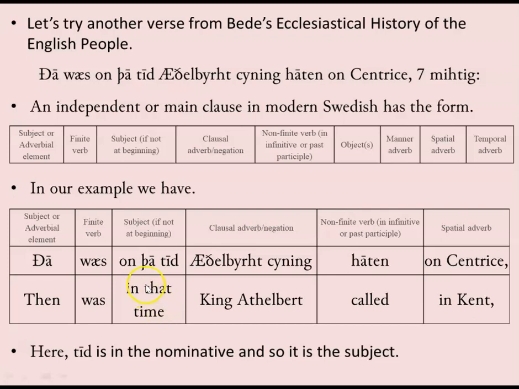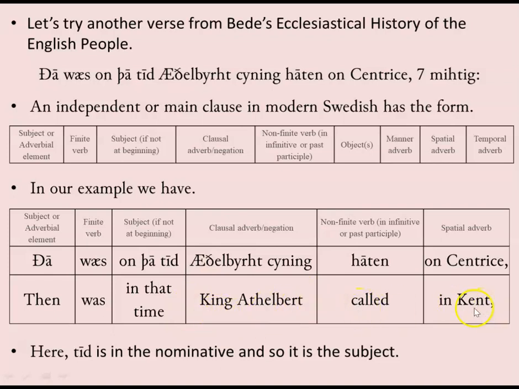And this is thar, the nominative and accusative plural for the definite article is thar, both nominative and accusative. Whereas in the singular case, thar is would be inappropriate here. But this is a time, an interval of time here, in that period of time. So it's, in a sense, plural. So on thartid, it's not talking singular here, it's talking plural, in that interval of time. In that time, King Athelbert